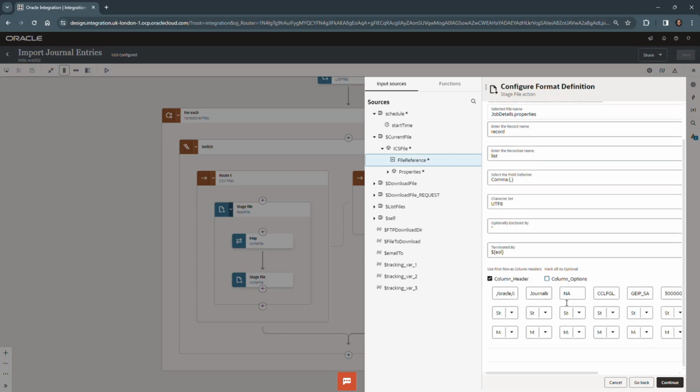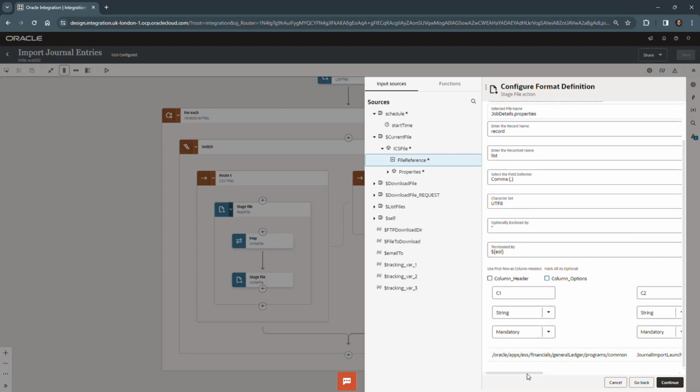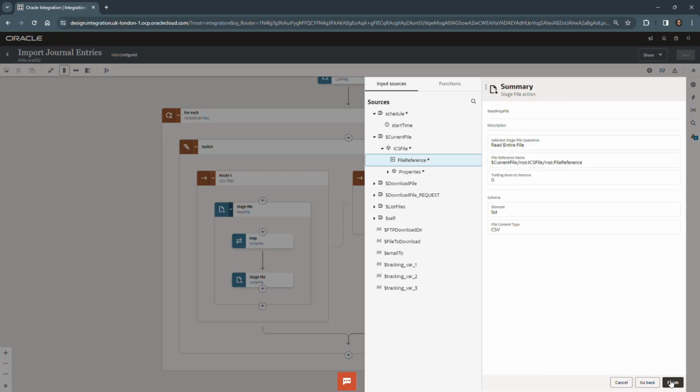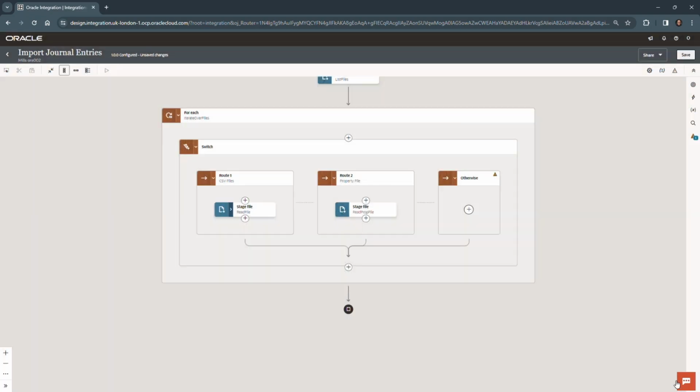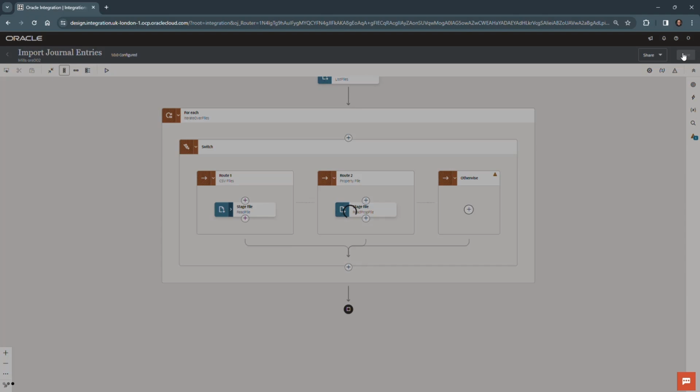Again, all these others remain the same. The other thing we need to uncheck, because there's no headers in there, so instead we use the generic C1, C2 through 4 again. Again, if you had more meaningful names for these headers, we could use them, but we'll just keep it simple for now. And click continue and finish. And now that's been added. There's nothing else to configure there, so let's click save